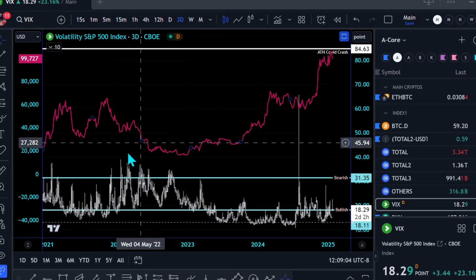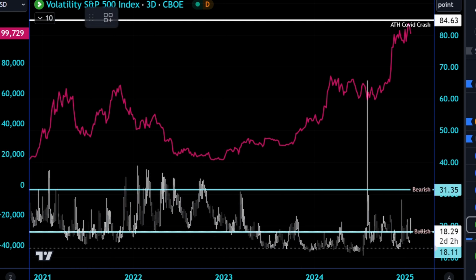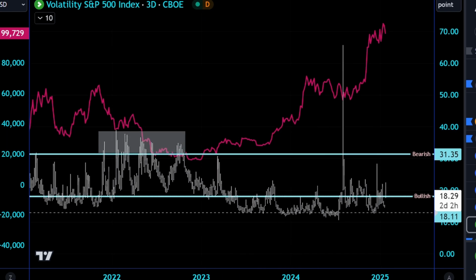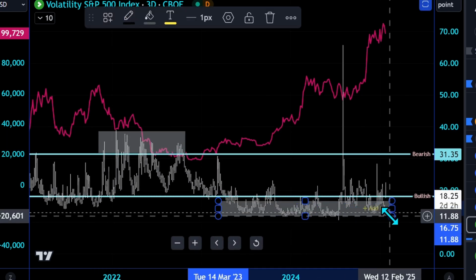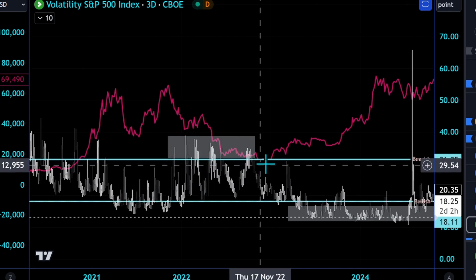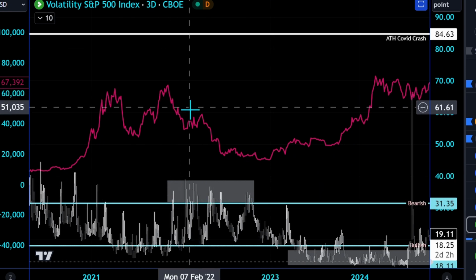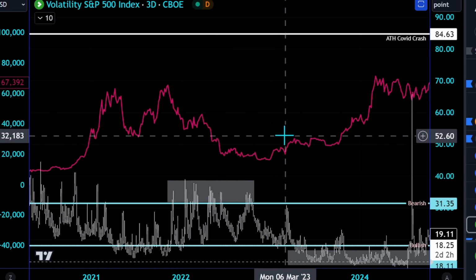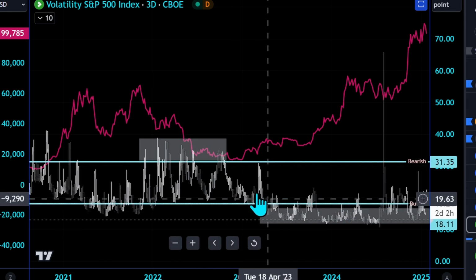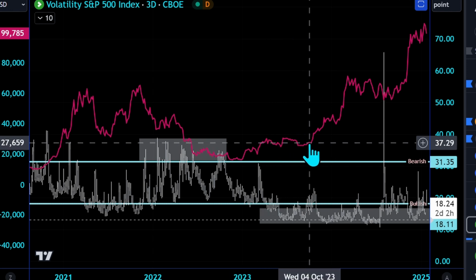Now, you can see as the VIX was reaching around this area, if we kind of highlight the areas that are outside of those borders, and then we look at what the market movement is doing, you can see this area from here till about here, while the VIX was peaking over that bearishness, Bitcoin was on a steady downward trajectory. What happens as the VIX then enters the bullish territory? Well, from there, you can see Bitcoin kind of crawled along